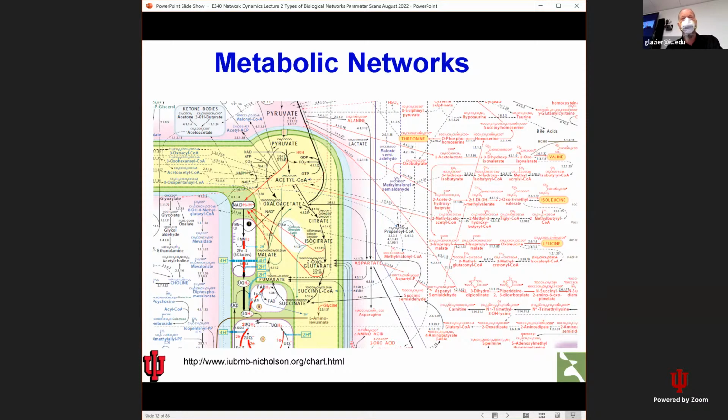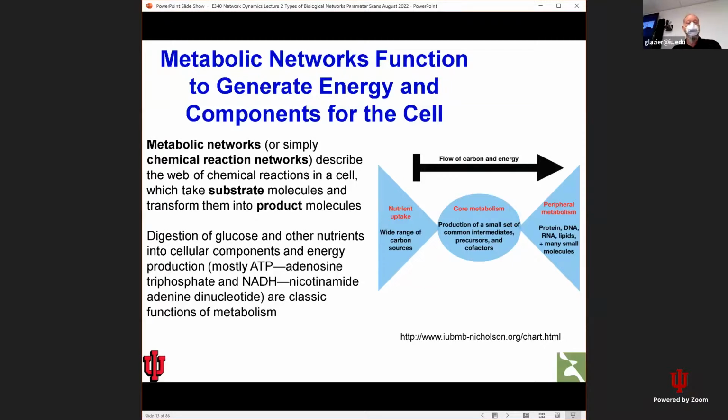But you'll see in chapter 1 of Palsson's textbook, they'll say, download the 4,000 element reaction network and solve it. So things get pretty complicated pretty fast, mainly because the connectivity is very high. You see, there are lots of cross links and arrows between components that make it complicated. But ultimately, metabolism is about how a cell takes up nutrients, typically glucose, but also other sugars and sometimes other components. It produces a set of common